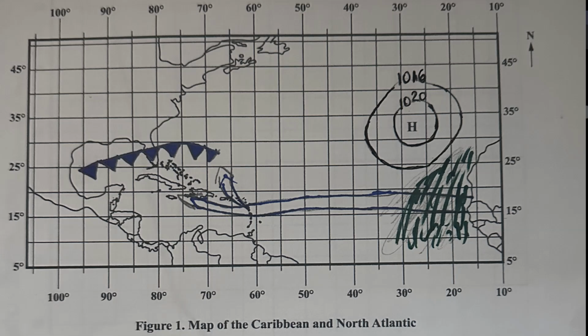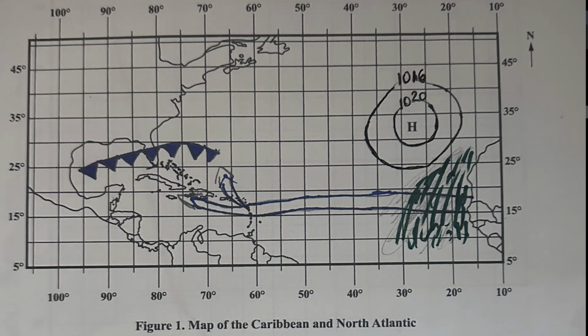Part 3, you're to draw the typical path the hurricane takes in the Caribbean as it moves across the Atlantic Ocean. We know that hurricanes, the tropical disturbances, originate off the coast of West Africa along this area, and they typically take a western direction, heading into the Caribbean. Once they get into the Caribbean, sometimes they take a north or northwesterly path to affect places in the Caribbean. But once your arrow is coming from off the coast of West Africa and heading into the Caribbean,